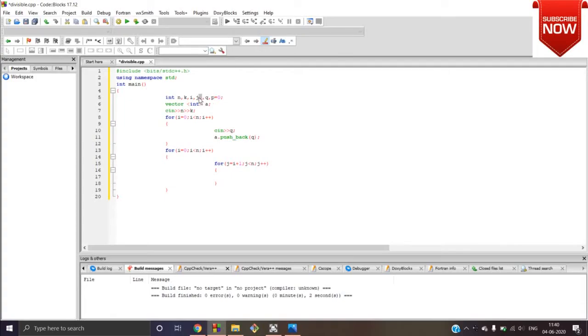So I'm gonna be using l, let's say, and l equal to a[i] plus a[j]. This should be in brackets, a[i] plus a[j],